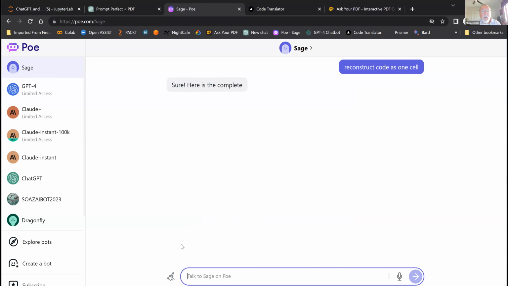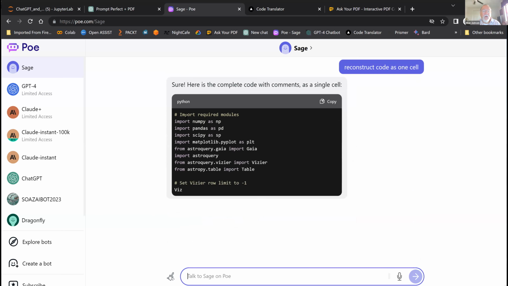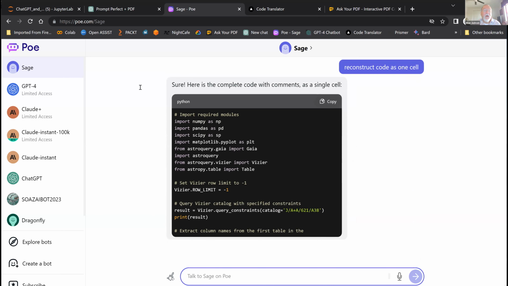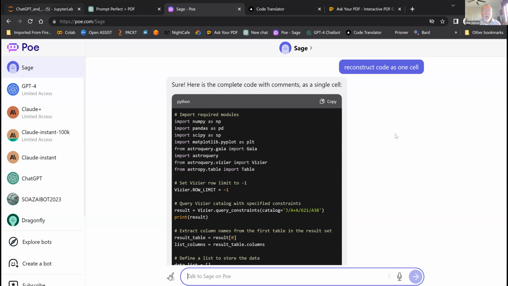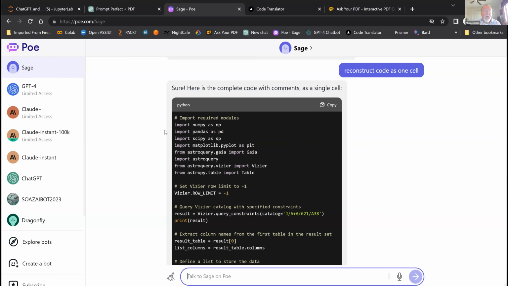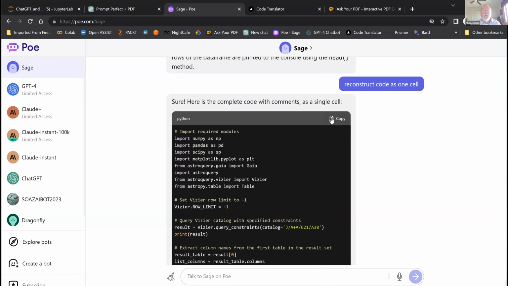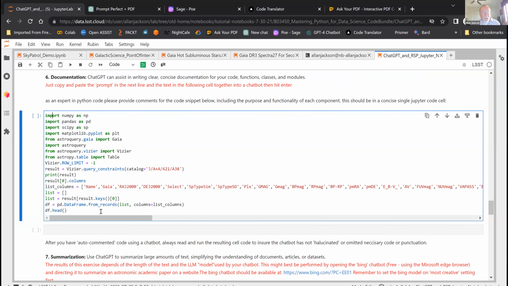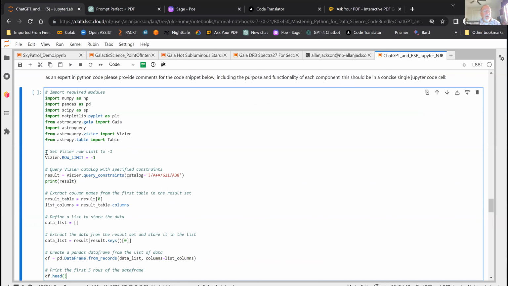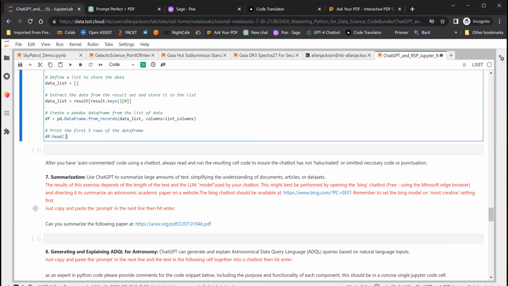Just tell it to re-put it into one cell. And basically what you do at this point is cut and paste this cell when it's complete back into the notebook. You could probably have typed those comments in as fast as this, but who knows? Basically, you'd cut it back into the notebook and then run it. I suspect this code would run very well, but for the sake of time.